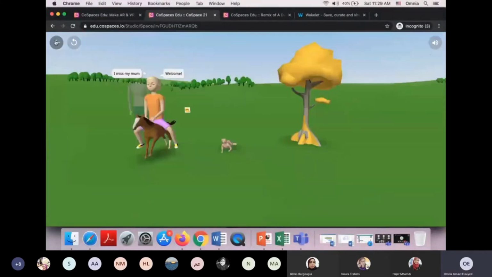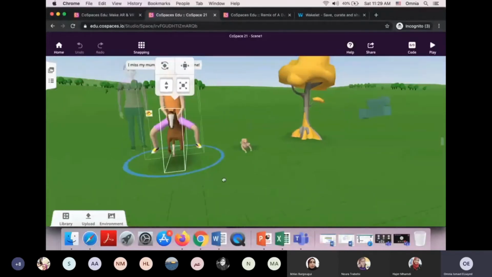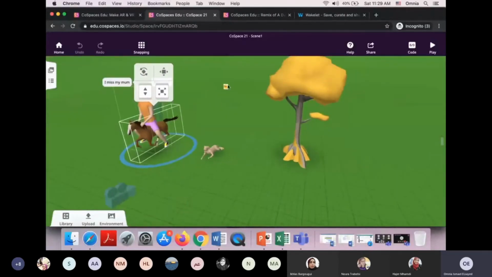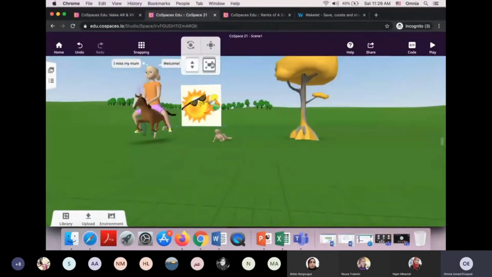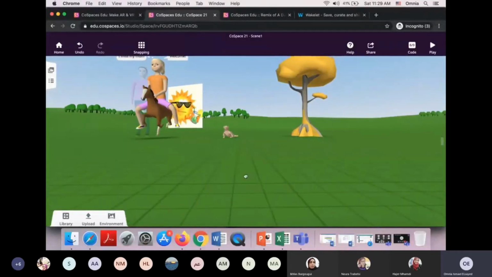So I know that I can add different objects, I can change the environment, I can add music, even the images I can deal with them. As you can see, scale it, move it up or rotate it as you like. So you can do lots of things with your CoSpace, and until now you can create a good story. But if you want your story to be more interactive,